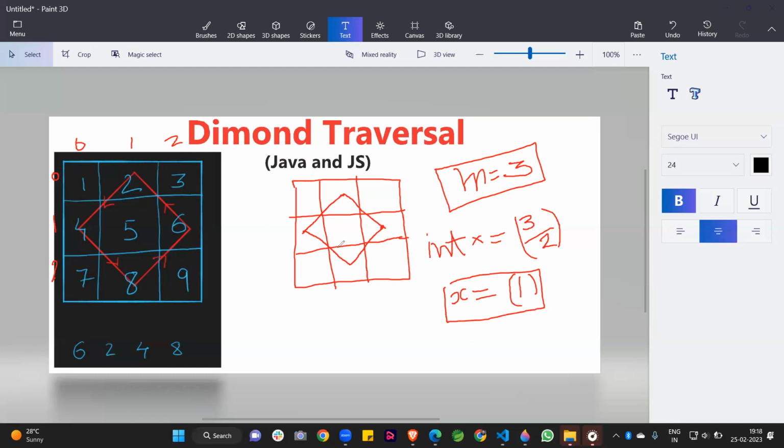After that, I am changing the color. We start here first, then we traverse to the upper side. When we go to the upper side, both the row and the column decrease. When we reach this point, we say that we have traversed up to the first row.